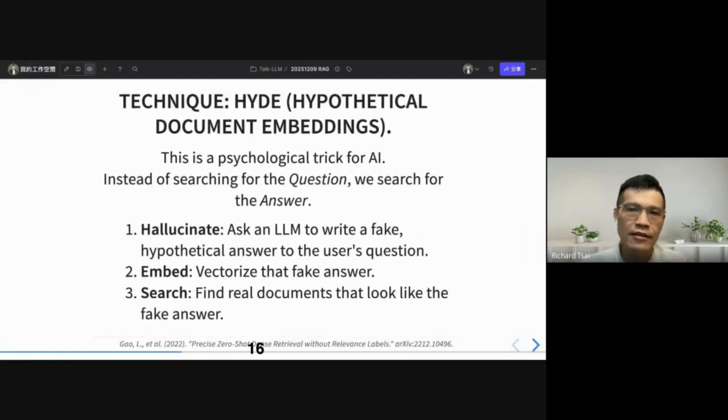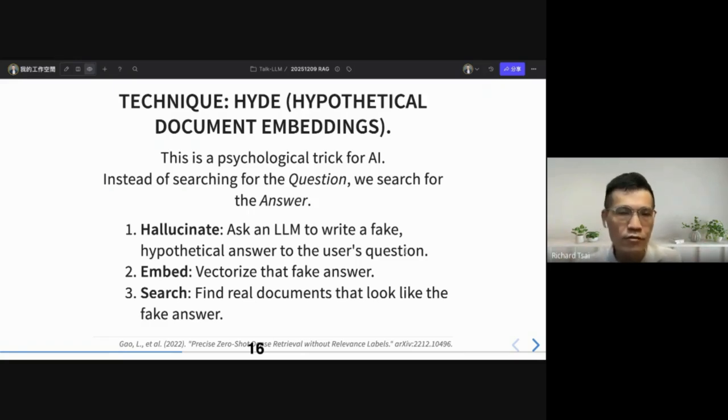So the technique is called HyDE. Its long form is hypothetical document embeddings. This is a psychological trick for AI. Instead of searching for the question, we search for the answer. So we first ask an LLM to write a fake hypothetical answer to the user's question.